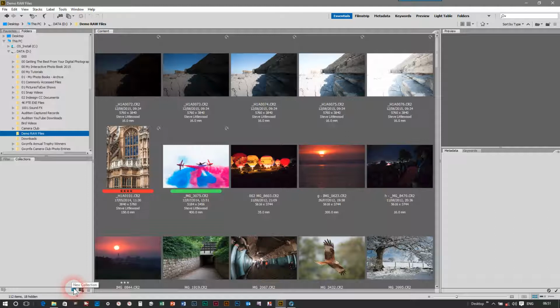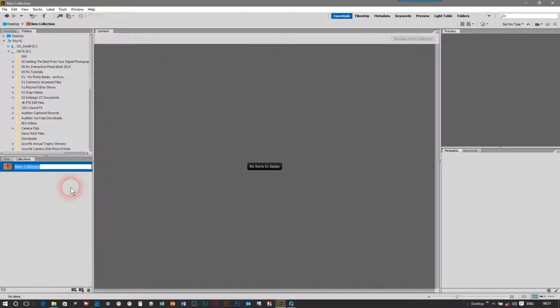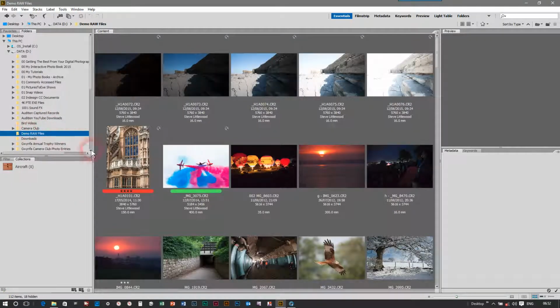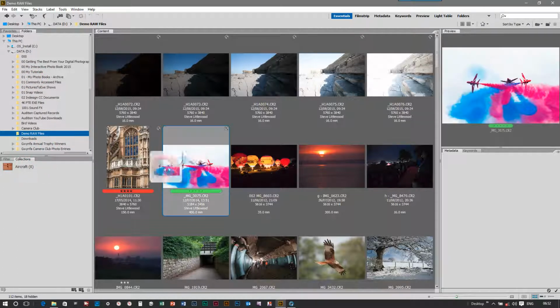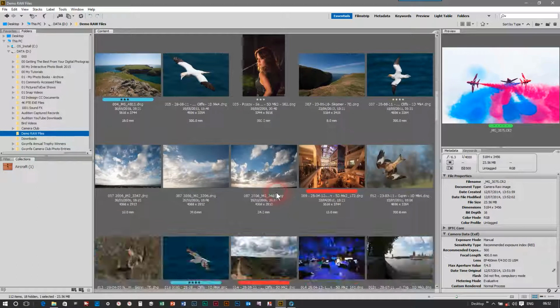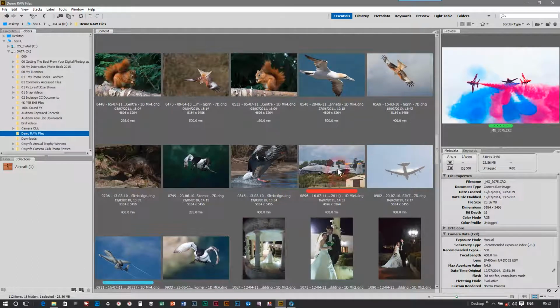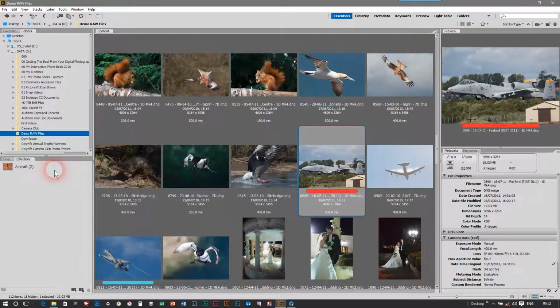And if I go down to here and start a new collection, and I'll call this aircraft, the idea is, I'll just go back to demo, we can drag images from whatever folders we wish into that aircraft collection, say that one there. Find another aircraft, there's one there. Say I might go to other folders and drag those images in,